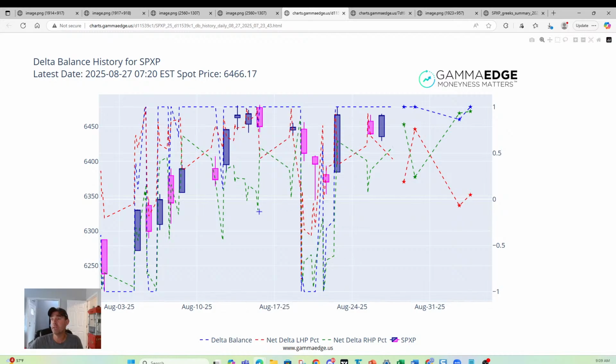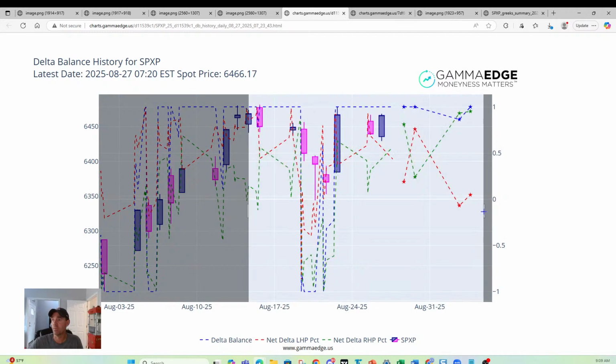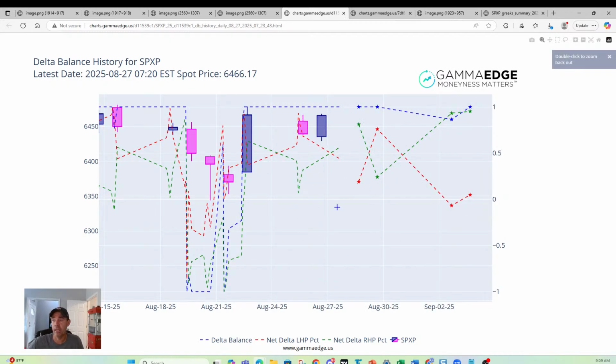All right, let's move on to the delta balance. We've been discussing this extensively really on the pullback and then heading on out in time. Delta balance pegged at +1, indicating call speculators are maintaining overall control. You'll notice that we did see the right-hand plane, green dotted line. Let's get it orientated here. Right-hand plane is above spot price structure. That indicates out of the money calls as well as in the money puts.